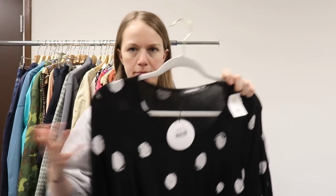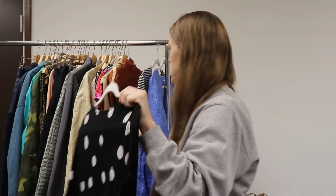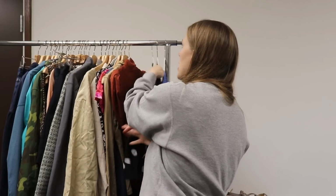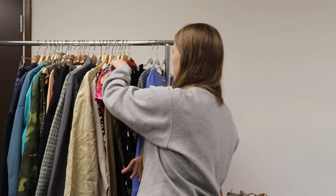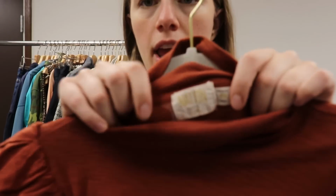It being new with tag makes me more excited to try it out for the first time. But it's a Look brand that I think, depending on the piece, can do well, but it's not one that is a no-brainer anytime you come across it, so just keep that in mind. This is a good brand. I didn't even check comps. I just picked it up and was like, I'm gonna get this because I know this brand is sold on places like Shopbop and Revolve, and whenever I've found it, it's sold really well, and this is a good fall piece too. It is